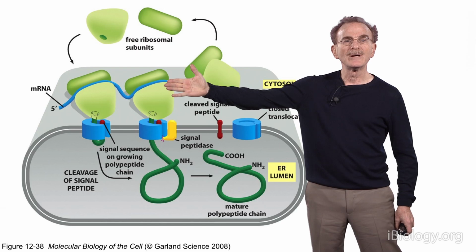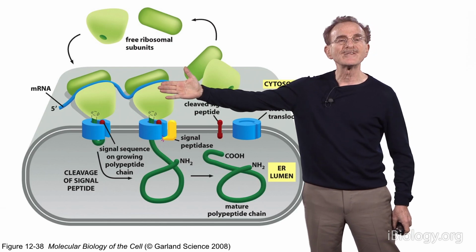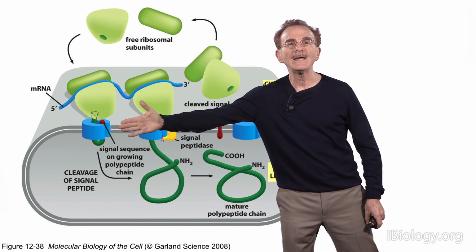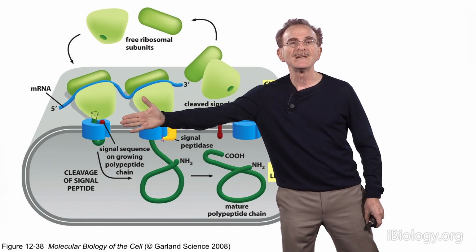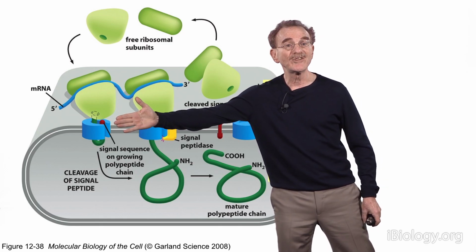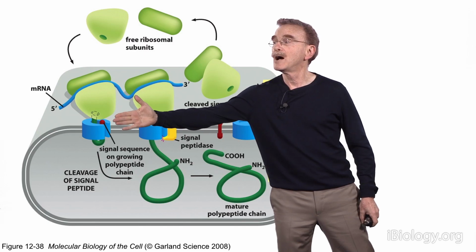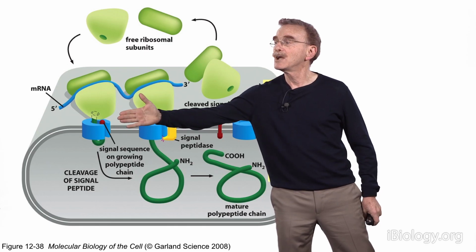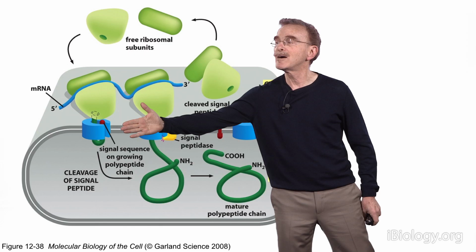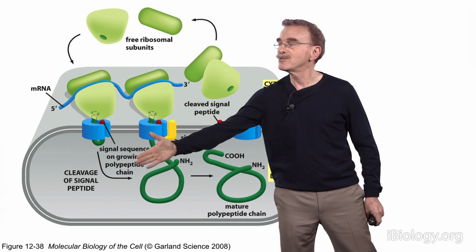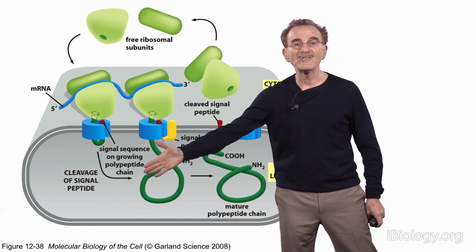What Dr. Blobel discovered is that proteins that are destined for secretion have a special sequence at the very N-terminus, the beginning of the protein, that tends to be somewhat apolar or hydrophobic. And that sequence, called a signal peptide, draws the ribosome, messenger RNA, nascent protein chain eventually to a channel in the ER membrane through which the polypeptide is inserted and progresses into the clear interior space, the luminal space